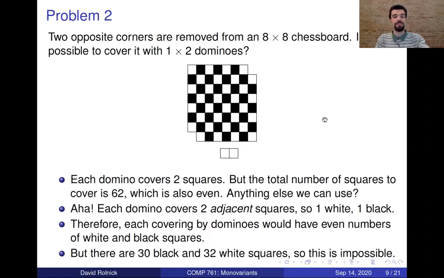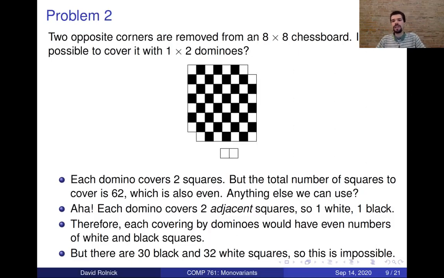Other questions? This is an example of using an invariant to work out that a certain thing is not possible. This is very common. This is not a formal proof. I'm not actually going to do a formal proof, but feel free to write that up or discuss it or ask me for a formal proof. It's very close to a formal proof. We would be leaving out things like aha. And we would leave out the first idea, which didn't work, just counting the number.